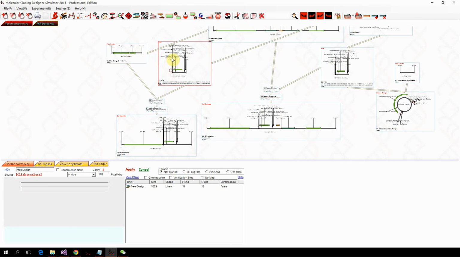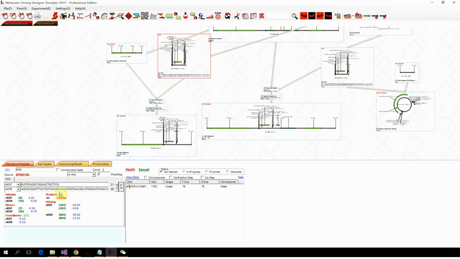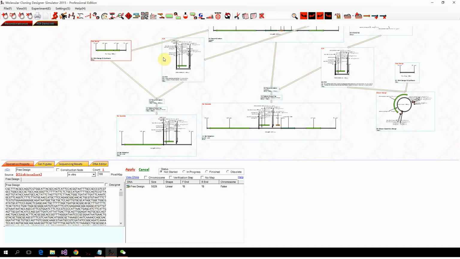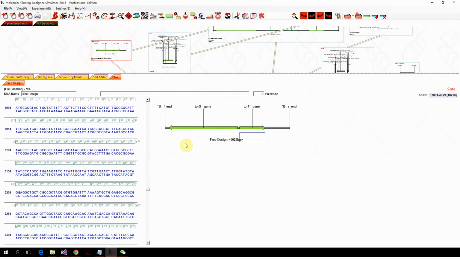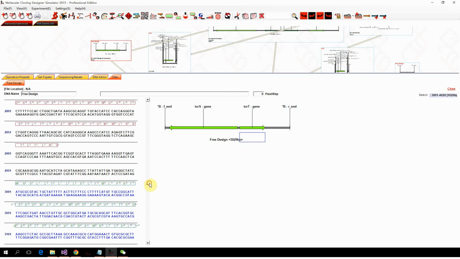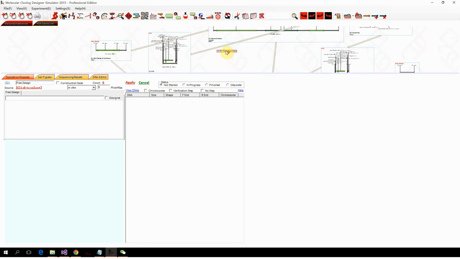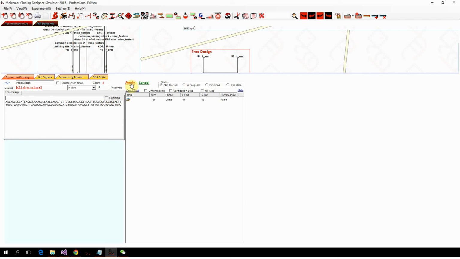An alternative way to design the primer for lambda red knockout or other recombination is to generate a fragment and use the Gibson assembly. For example, we copy the sequence before T, whatever the length it is, maybe a bit longer, and create a free designer, apply,